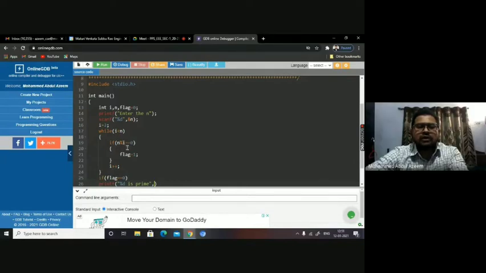See, you are taking the divisor value starting from 2 till n minus 1 here, and all such divisor values you are taking and then dividing n. So when you are dividing n by i, the remainder should not be 0. If the remainder is 0, the flag is changed. So for a prime, this condition will be false every time, for all such values from 2 till n minus 1. So what will the flag value be then? It will be retained as 0 only. So when you come out of the loop, if you find the flag value is 0, you say it is prime.